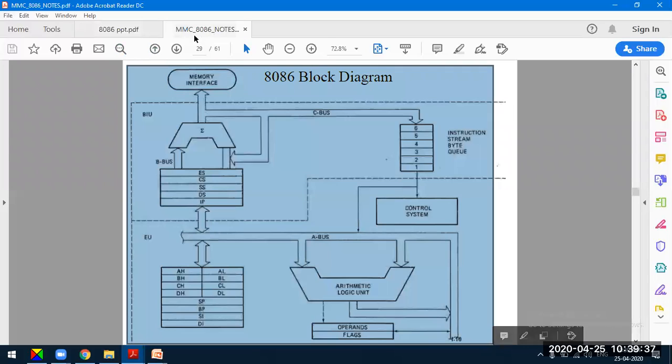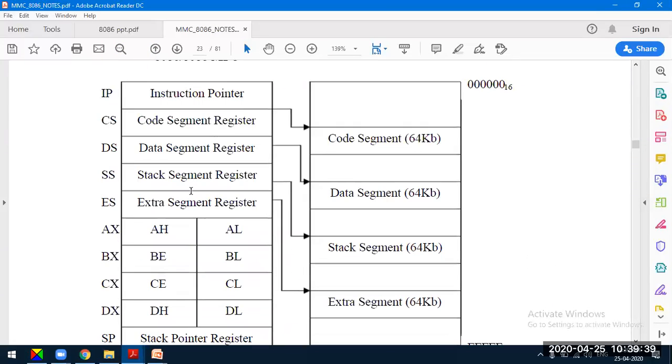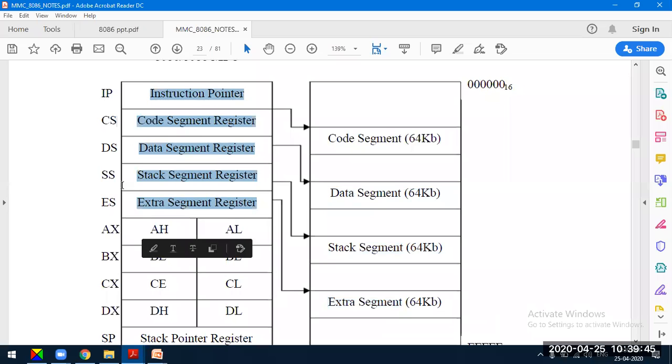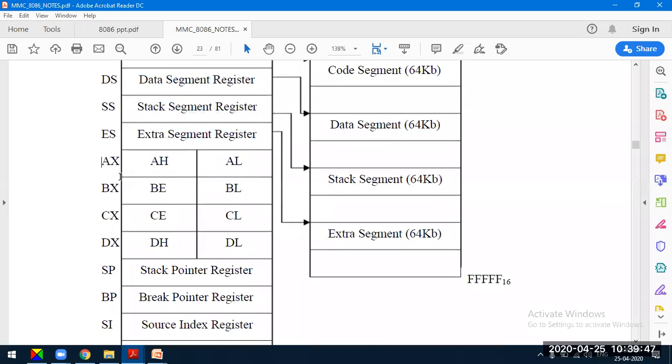Yes, next class we'll continue with this discussion. We have to discuss a little more about the data segments and these CPU registers, that is, this AX. This is what I was explaining: the AX, BX, CX, and DX. These two are wrong. It's not B, it's BH and CH. It is wrongly printed here, so I'll correct this.